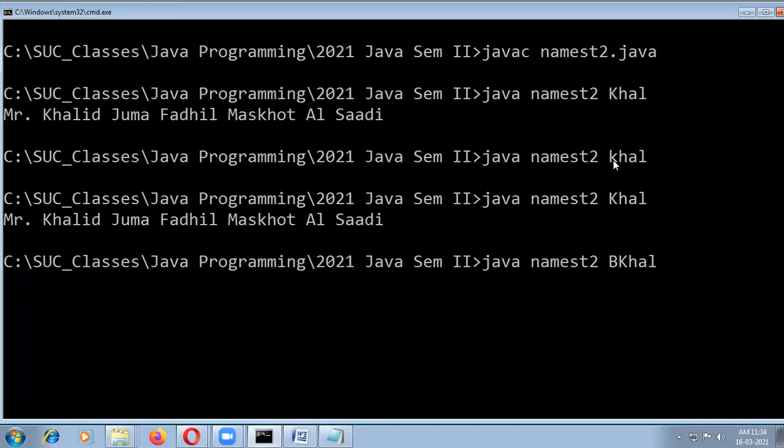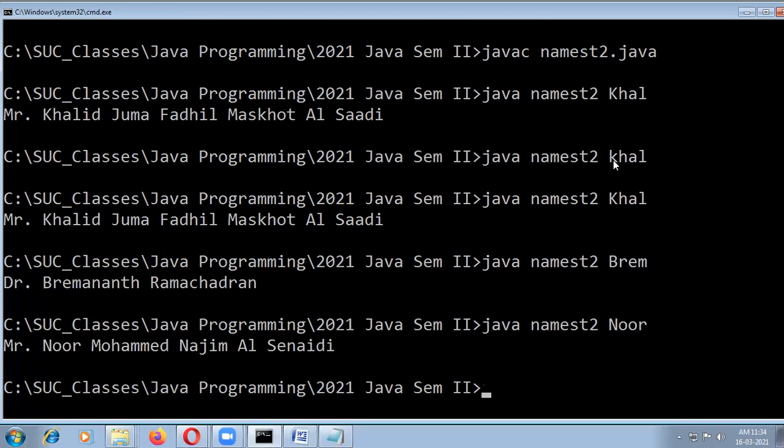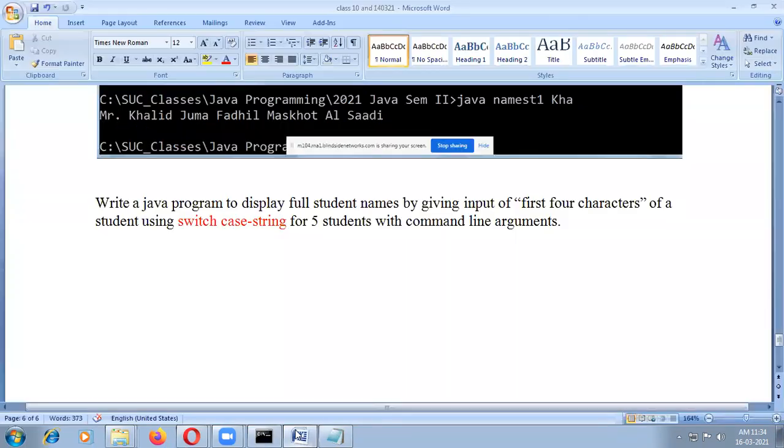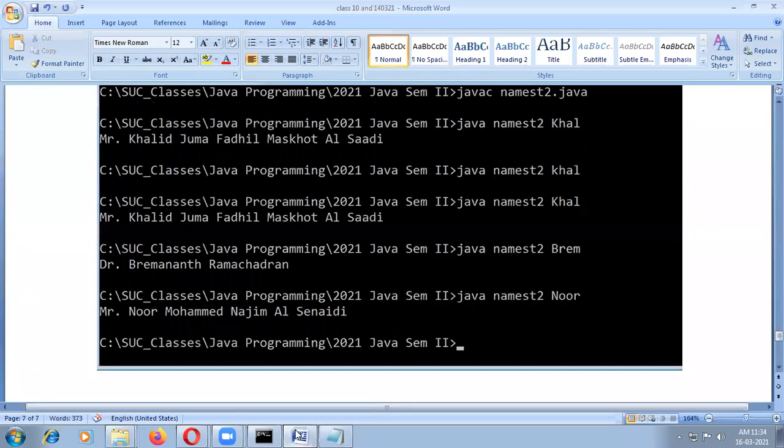Now Brain will work. Give Noor. If I give Noor like that, the full name for Noor will come. So Alt Print Screen. You need to do the same thing in the practical also. Take the result.